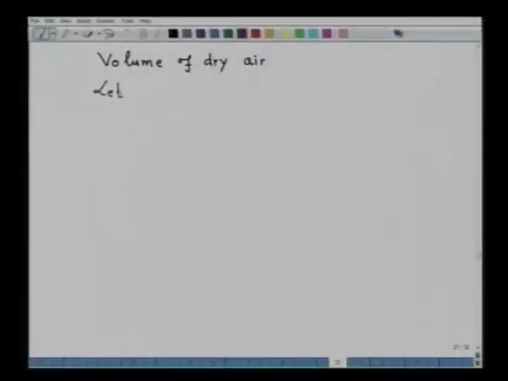Now, before that, let us consider x meter cube is air or dry air, and we are representing at 1 atm and 273 Kelvin. So, we have to do now the nitrogen balance, and nitrogen balance is, say, nitrogen from air